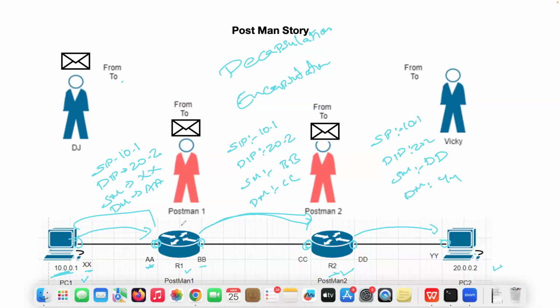Simple. So now you understood why MAC address is changing. IP address will not change. If IP address changes, the letter will go somewhere else. Correct? You should not change the source IP and destination IP, anything. Okay? Am I changing this hand's MAC address? This is the same MAC address, right? You are replacing the MAC address with a different hand to hand over that letter. Am I changing my XX MAC address? No, it is same always. It is XX only. The packet we are changing.